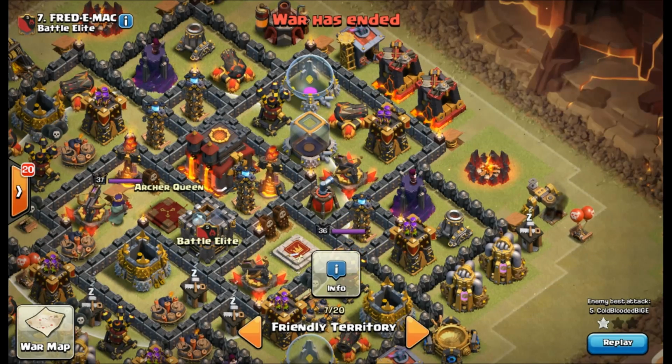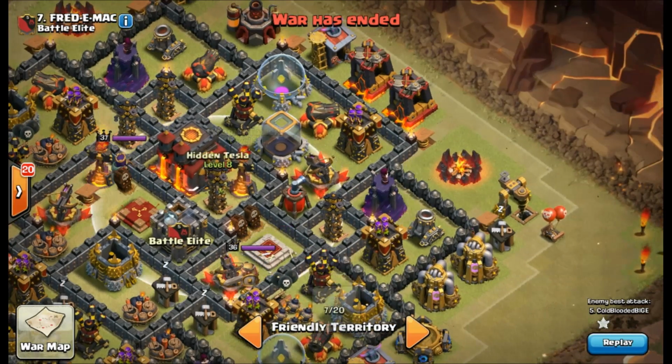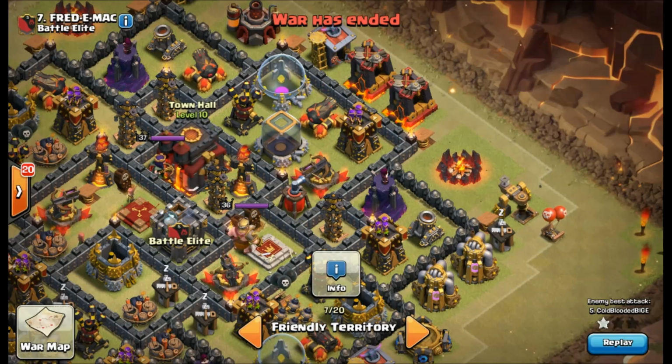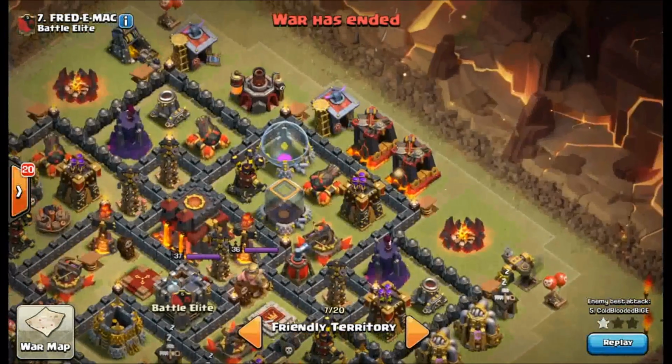So I would be able to, with my 1 freeze spell, freeze the Queen, freeze the Clan Castle, and freeze the Inferno Tower along with the Tesla as well. And probably the Barbarian King. So that's a lot of firepower to freeze while my troops are all on Rage. That Town Hall will go down very quickly, and then with the second portion, I'll probably bring 3 golems in